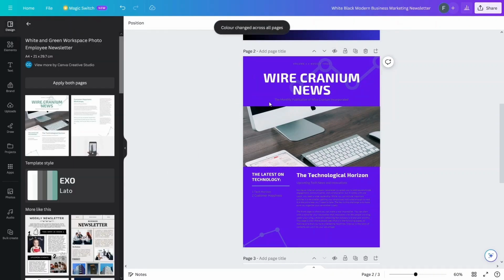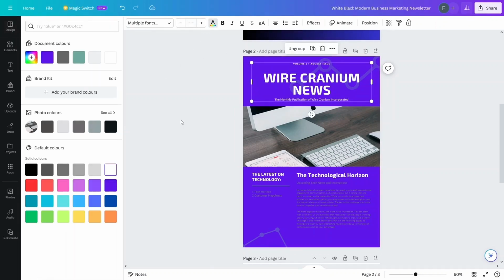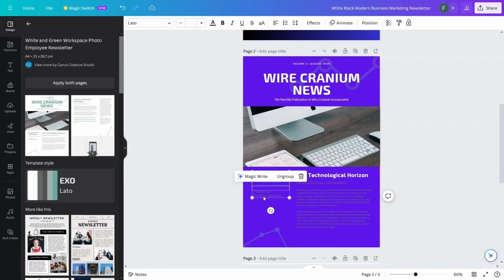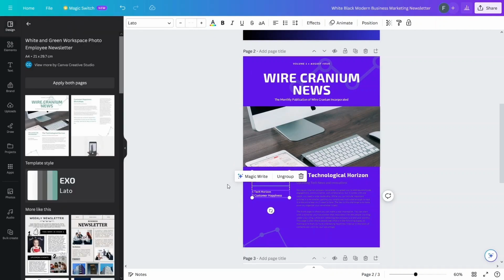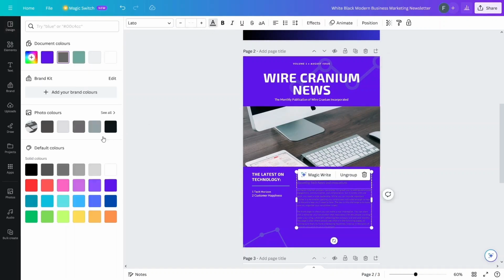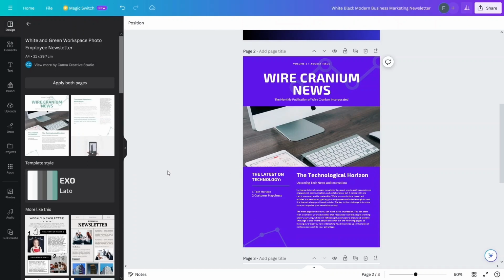All right, and we also have this color, so let's just change the color here as well. That would be white again. Let's just change these text color as well. And these as well. Okay, so now we have changed the text color here, but we also have to change the color of this